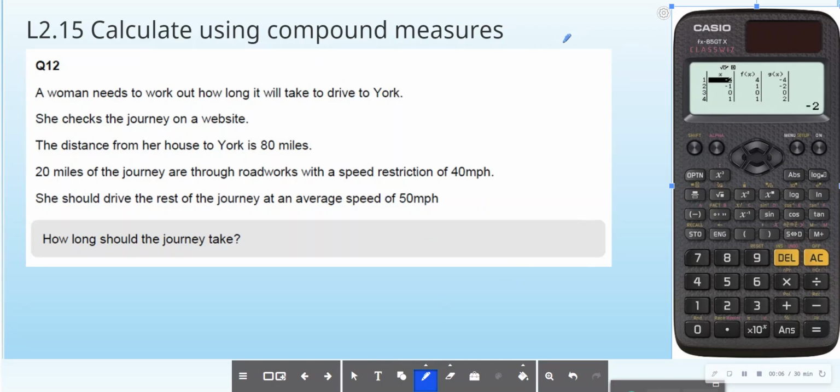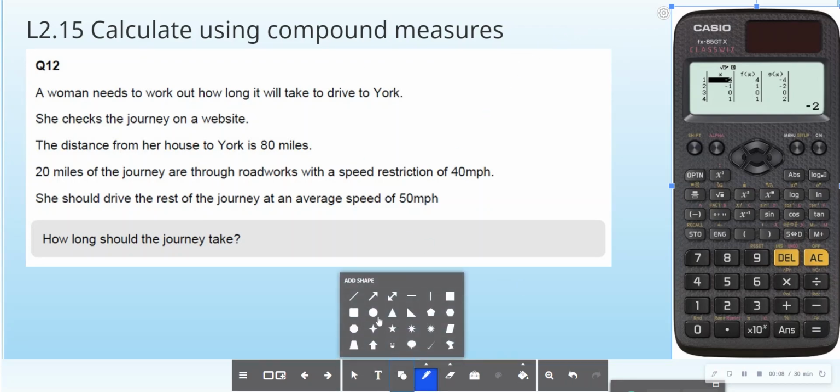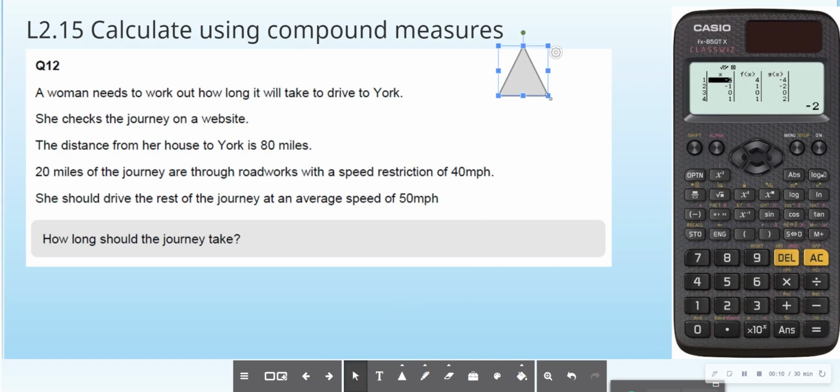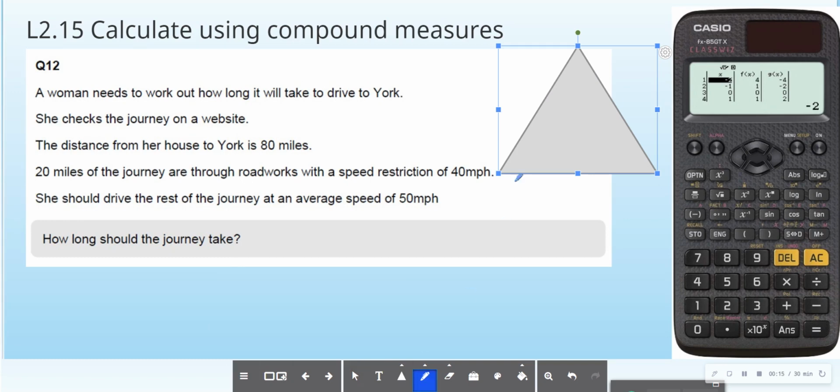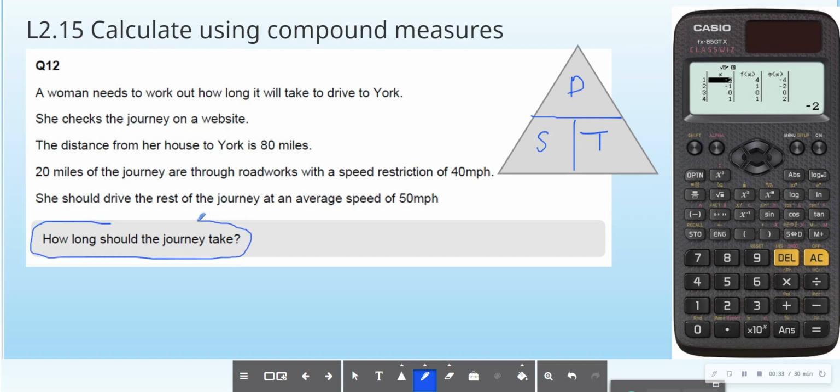So calculating compound measures. Whenever we see a question mentioning distance, speed, and time, so here we've got distance, speed in miles per hour, and how long, we have to use our triangle. Distance on the top, speed and time on the bottom. We're looking for how long the journey should take, so we're working with time. So time is